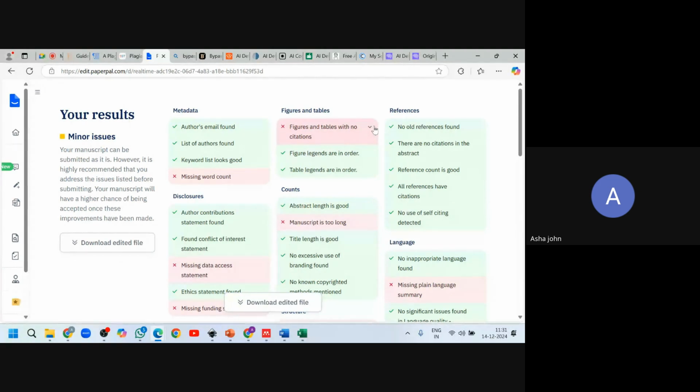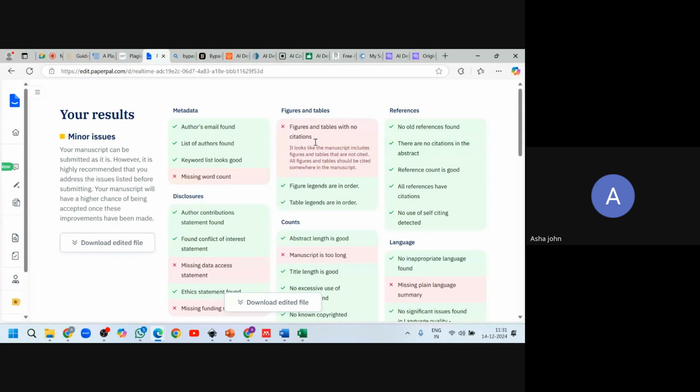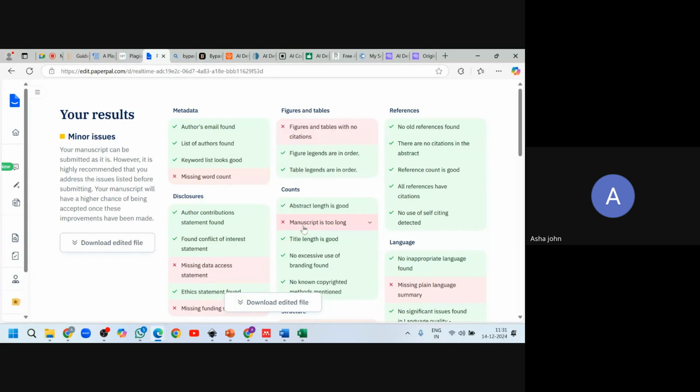Citation means it is not like I have taken this image from another paper and I have not put the citation. No, if I have a figure 1, figure 2, figure 3 in my paper, then it should be cited within the content. Figure 1 shows that this is the graph representing carbon dating. Like that, it should be inside the content. So that type of citation is missing in some places. That's why this cross is here.